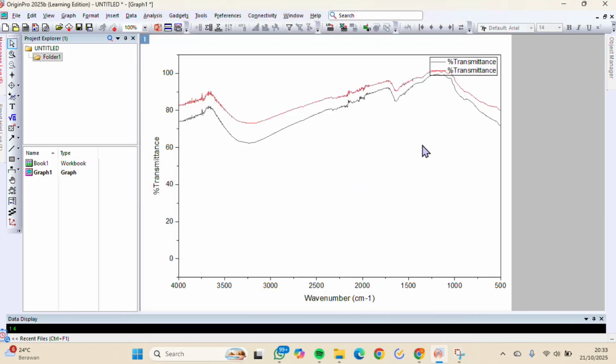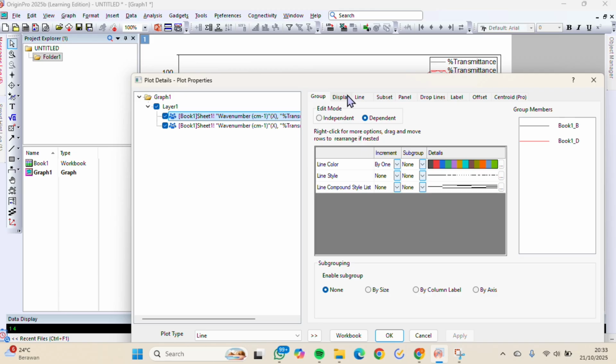Next, to identify which line in the graph represents GTEMN and which one represents GTEVMN, we can double click on the graph and we can see which column corresponds to each line.